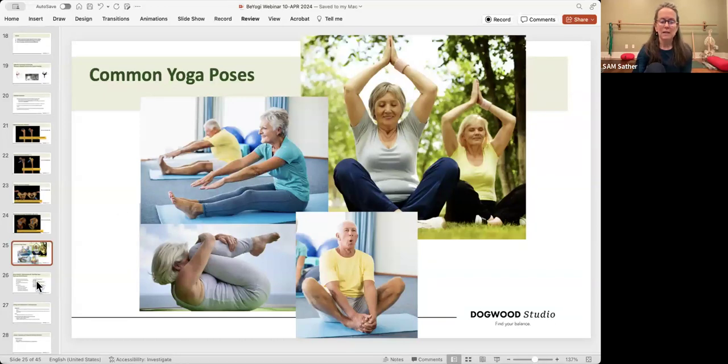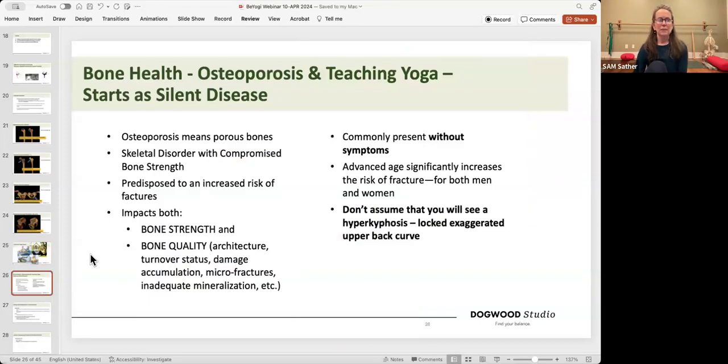With that in mind, I'm not going to teach you osteoporosis in 2 minutes, but I put a few slides in just to remind you. For anybody over 50 in class, and maybe I don't even know their age, just how I practice, I assume people have osteoporosis when they come into a general class, unless I know them and we're working one-on-one, and maybe they didn't even have a bone density test, so I might not even know. I just teach functionally, where I don't load, where I know from studying osteoporosis that certain yoga poses load where we should not load.